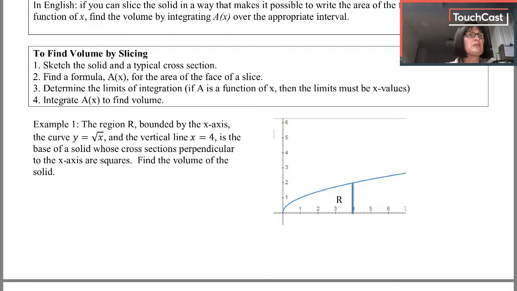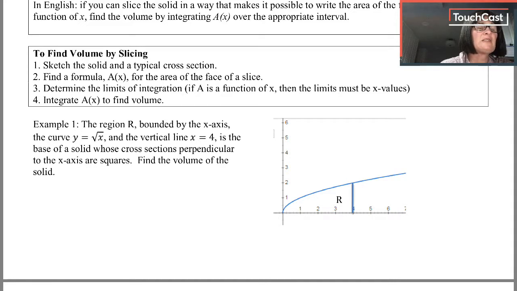We need the limits, which aren't usually the trick here, and then we're going to integrate to find volume. So here I have a parabola on its side, right? This is the graph of the square root of x. And I want to find the volume of the shape you would get if you took